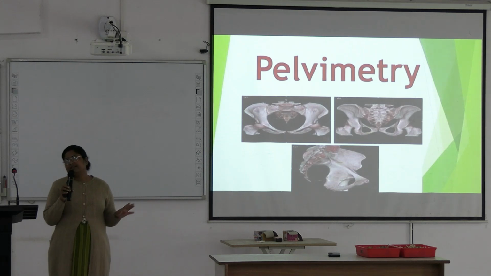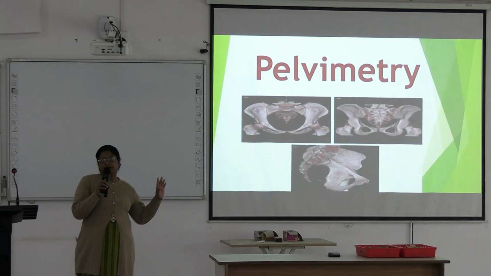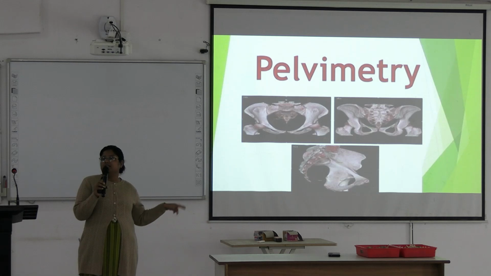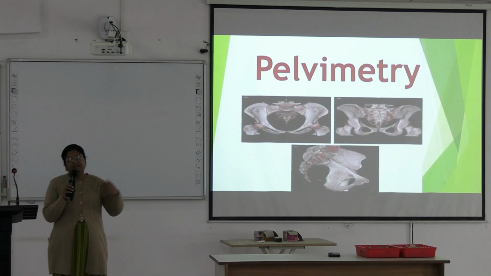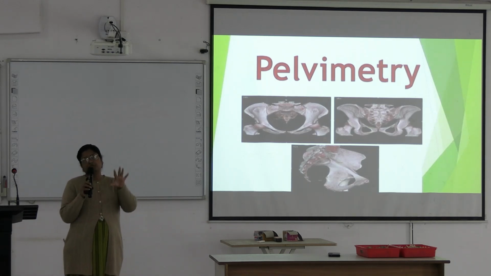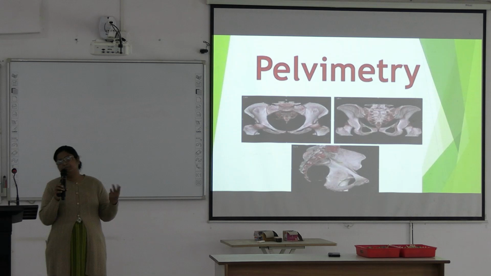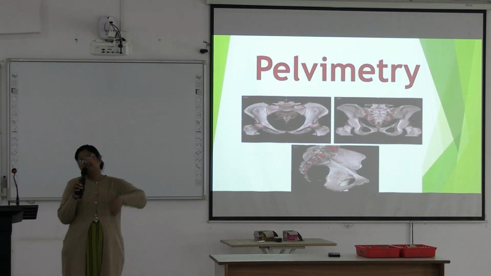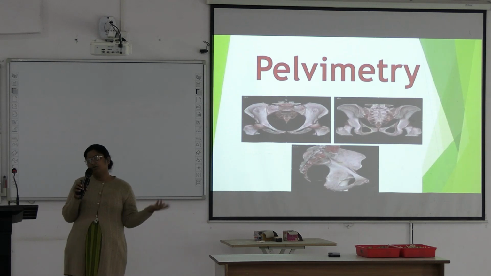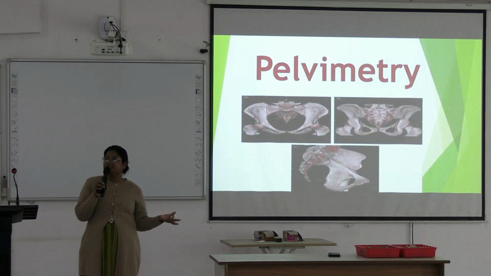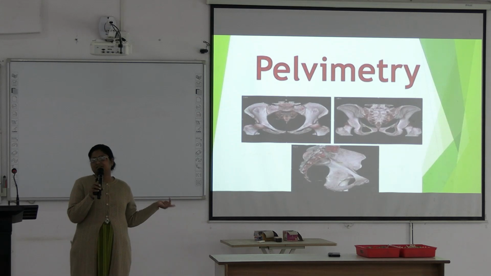We are starting abdomen. Abdomen has started now. For abdomen you have to know pelvimetry, the different diameters in the pelvis. There is true pelvis and false pelvis. Diameters are there in the inlet, cavity and outlet. Some important diameters are important for cephalopelvic disproportion, that means whether the fetal head will pass through the pelvis, whether there is a chance of normal labor or not. To know all these things, you have to know the diameters of the pelvis.